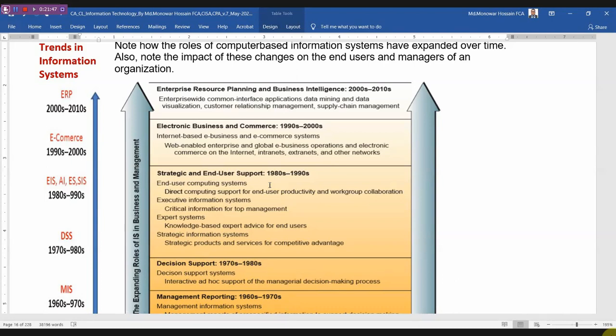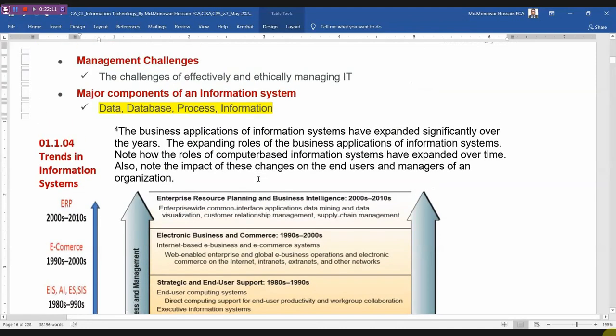Now, after 2000, ERP, Enterprise Resource Planning, and Business Intelligence come in, along with Enterprise Common Interface Application, data mining and data visualization, customer relationship management, supply chain management, etc. And day by day, that type of pattern is changing, the business model. Everything is changing. So business application of information system has expanded significantly over the years. The expanding roles of business application of information system, and there are a lot of changes happening year after year,